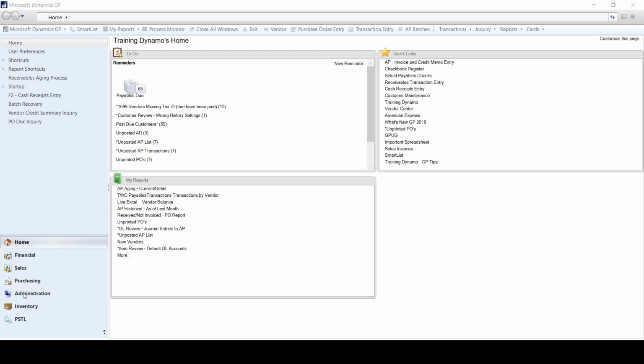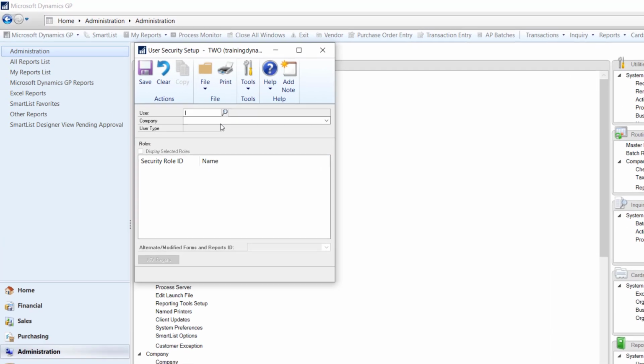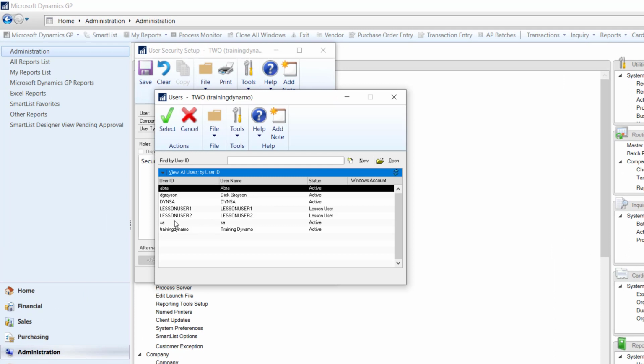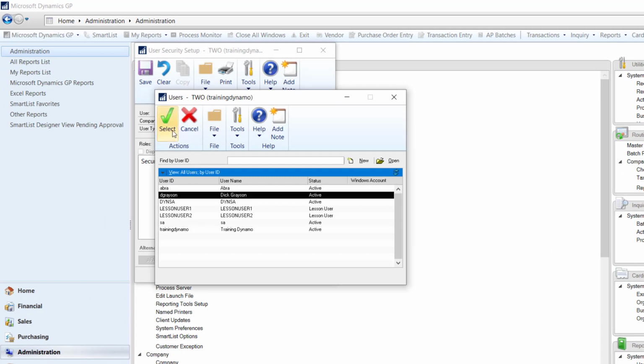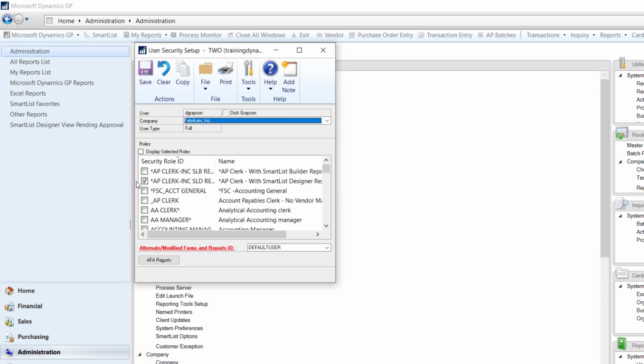We're in GP, we're going to click on Administration. And then under Administration, we're going to first take a look at a user. So I'm going to click on User Security. And if I take a look at my user security, we're going to pick one of my test users. And we're going to take a look at what his security is. So we can see in here that I actually already created the role that we're going to be working with